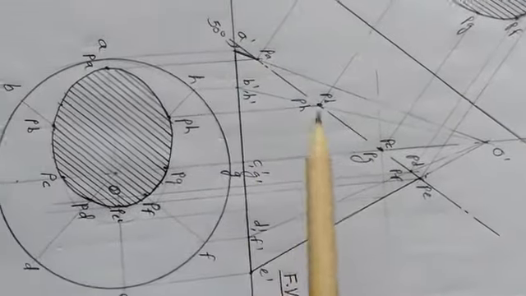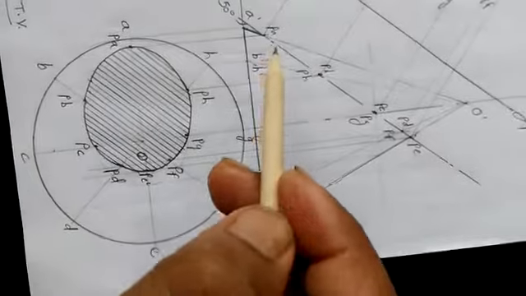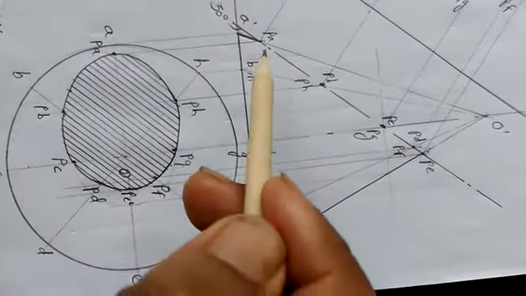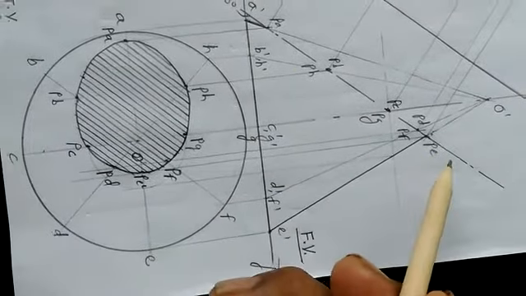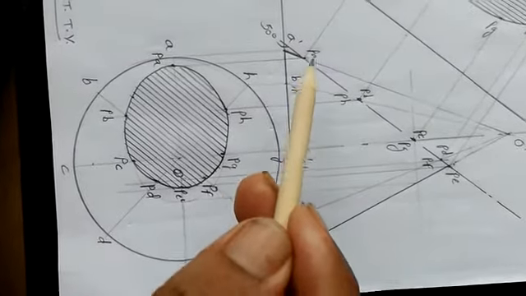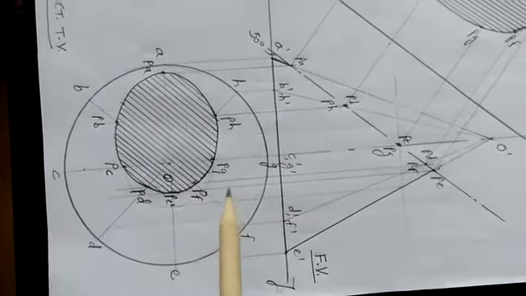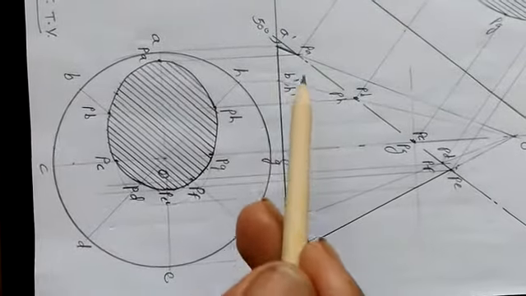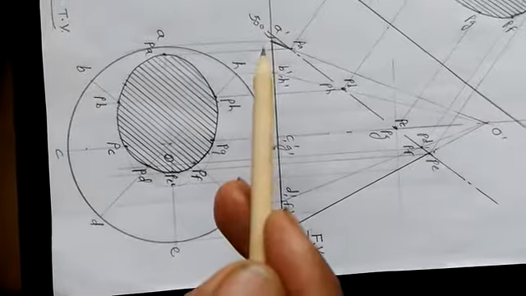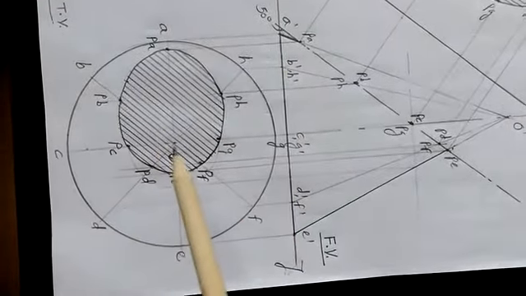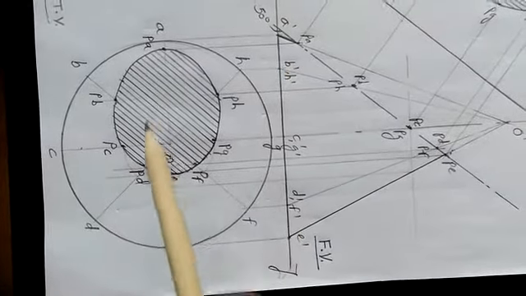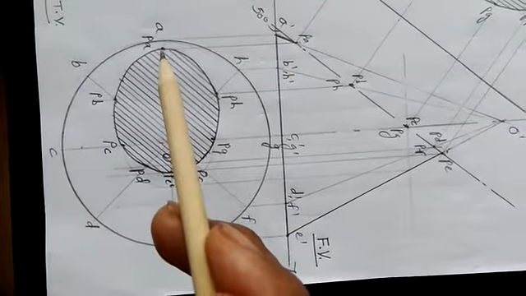Yes. Now the cutting plane has cut all the generators here. See here, P A to P H, all the names are correspondingly given here. Now the same points, just like in pyramid problems, we have to project down over to the top view. Now P A is the intersecting point of that cutting plane over the left extreme generator, that is OA. Now that generator is here, OA is here. So the corresponding P A you have to project down over the respective OA. So we have got P A here.